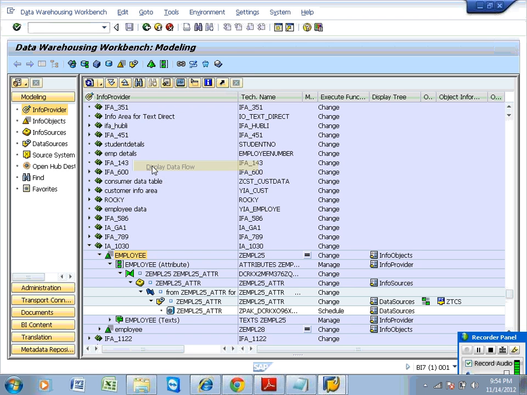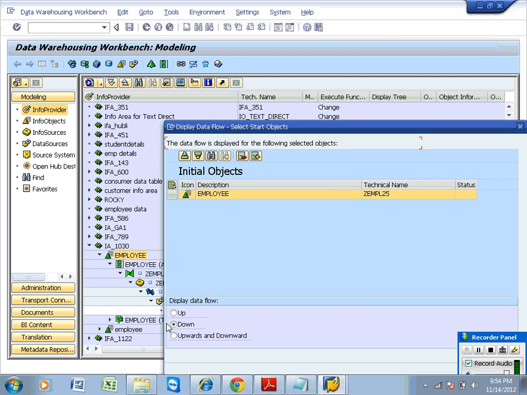So this is the data flow diagram. I am showcasing the data flow diagram from here.